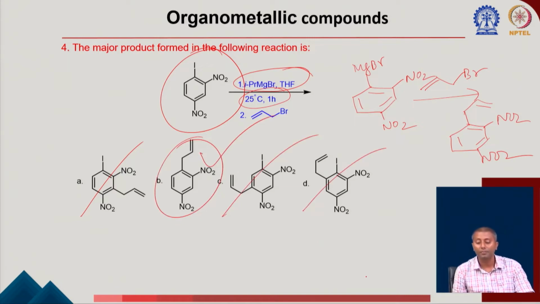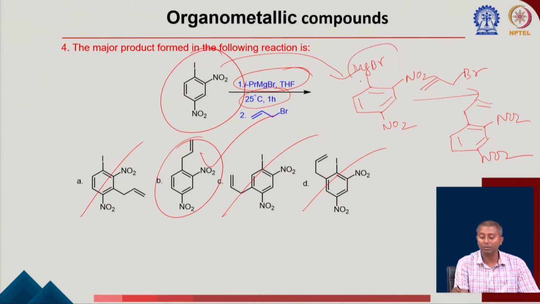Okay. So I think I have already talked about this problem in the last class. Also, you have seen that this is a reagent used for a transmetallation. So you can go for a metal halogen exchange to replace the iodine, making the corresponding Grignard. And then it can go for a reaction with an electrophile to get the corresponding product.